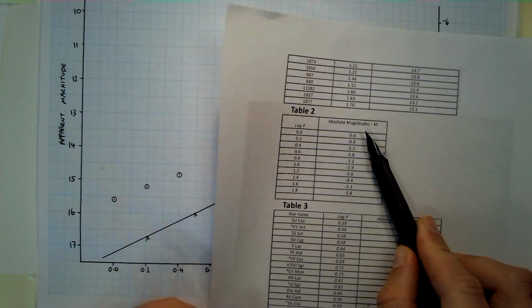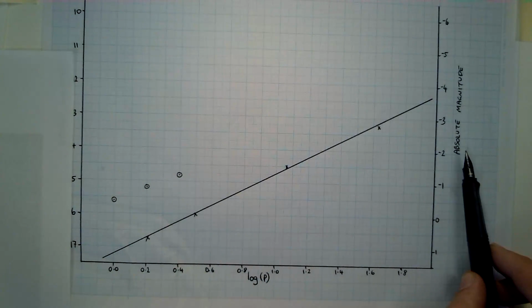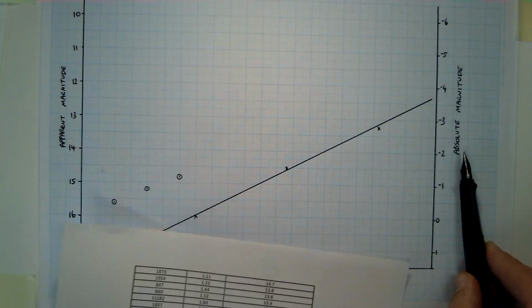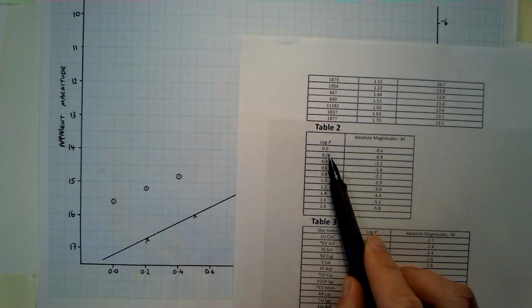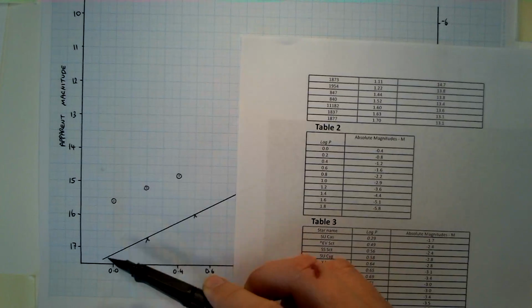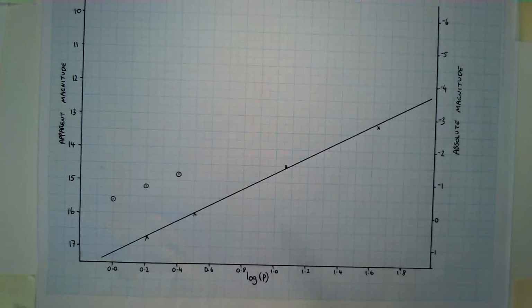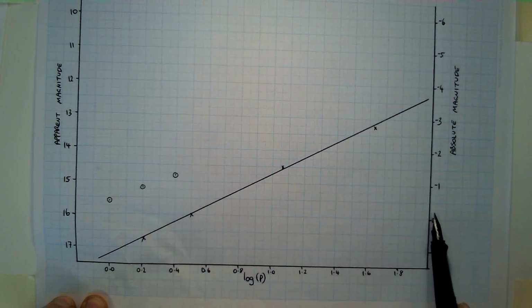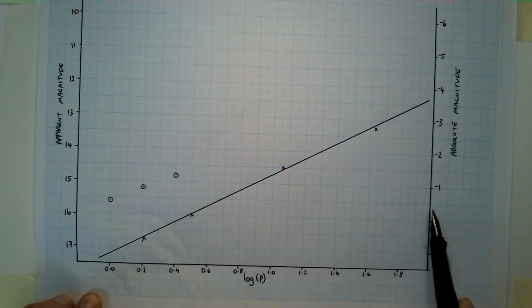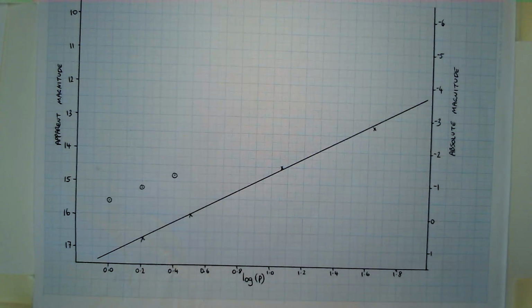So when we're plotting these data, we need to use the right-hand y-axis. So for the first point here, the logarithm of the period is 0. The absolute magnitude is -0.4. So logarithm of the period 0, absolute magnitude scale now of -0.4. And you continue on with this. So I've plotted the first 3 points,